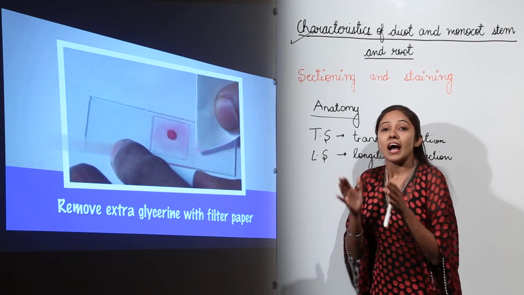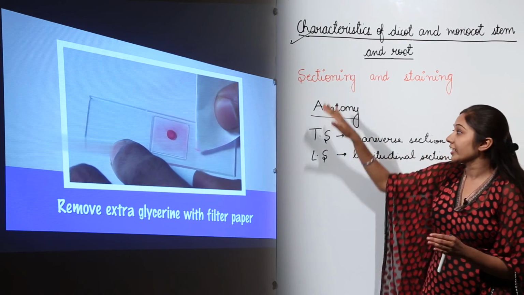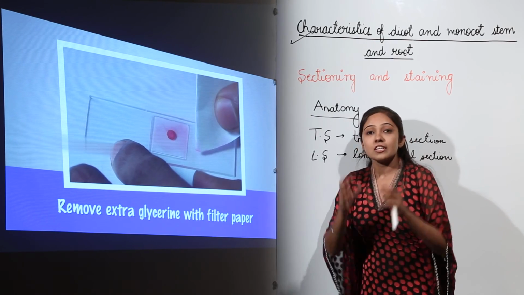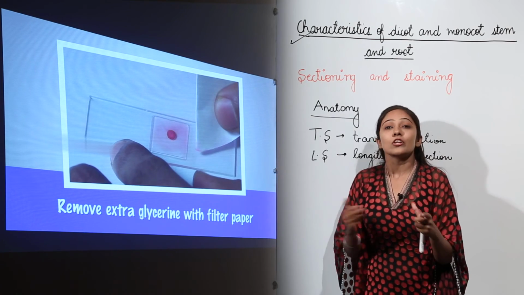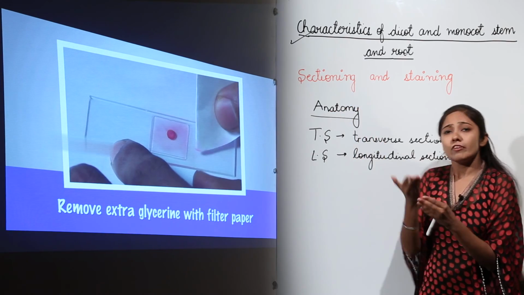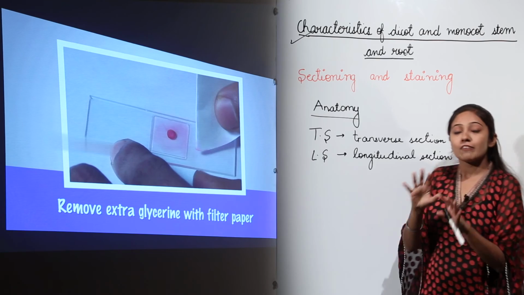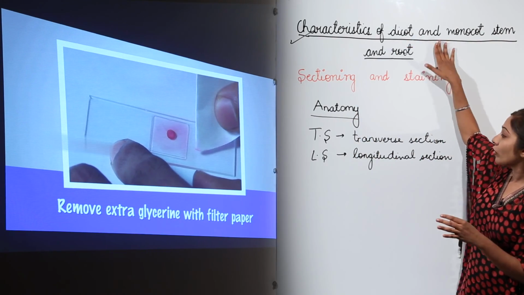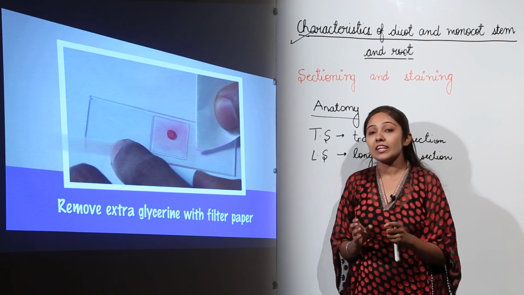So this is how I have given you some practical knowledge of how you are going to do the section cutting of monocot and dicot stem and root. Whenever you go into your labs, just visualize what you have seen here. When you have a visualization of what you have seen, you can prepare yourself to understand how you are going to make this section. Very thin sections, they should be uniform and they should be properly stained, so that you can have a very clear and perfect view of the anatomy of dicot and monocot stem and root, right? I hope this is now very clear to you. When you go into lab, please do practice.